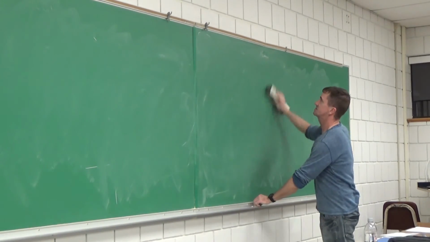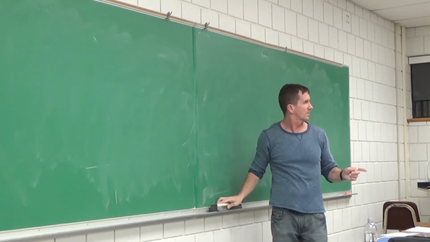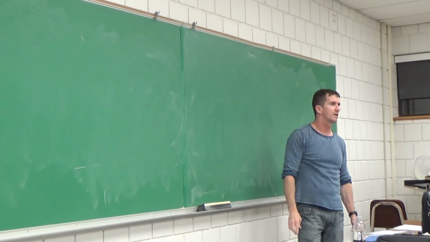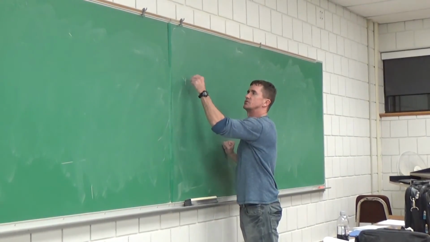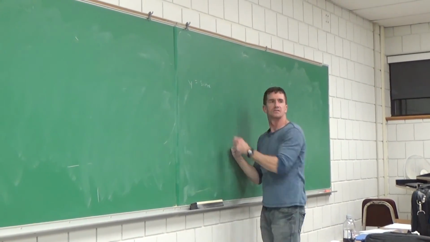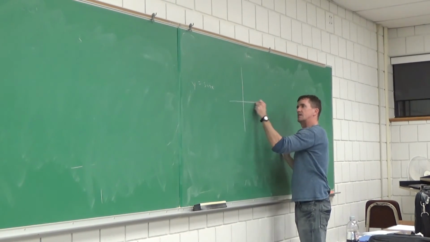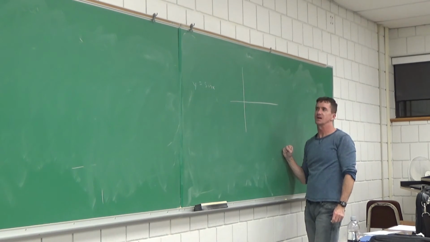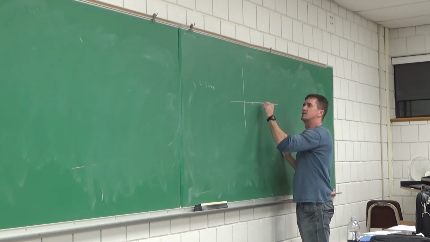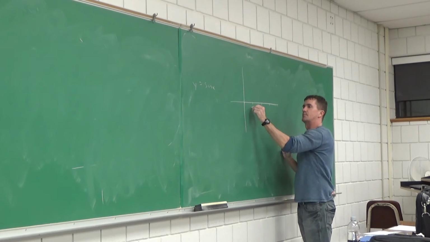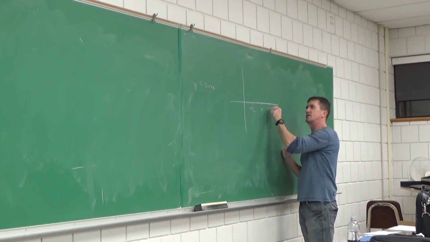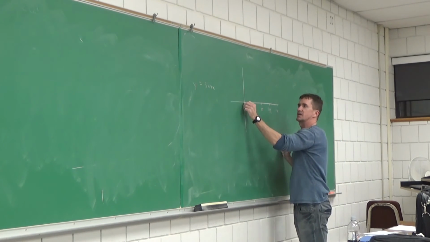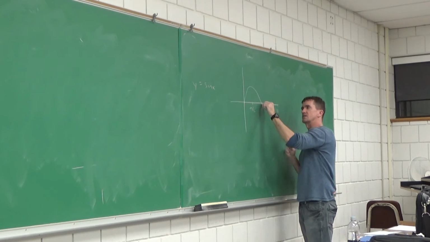Didn't I do this? I did the sine curve, right? Okay, well then, let me draw it again. What's sine of x look like? I'm going to give you a limit problem with some kind of trig function. I'm not going to do sine. What's the sine curve do right here? Yeah, pi over 2, and then pi, and then 3 pi over 2, and then 2 pi, right? So doesn't it go like this? Then down here it goes like this.